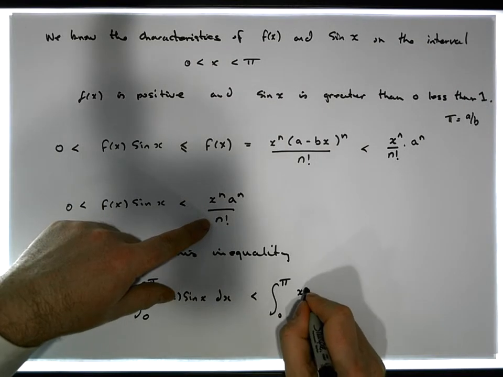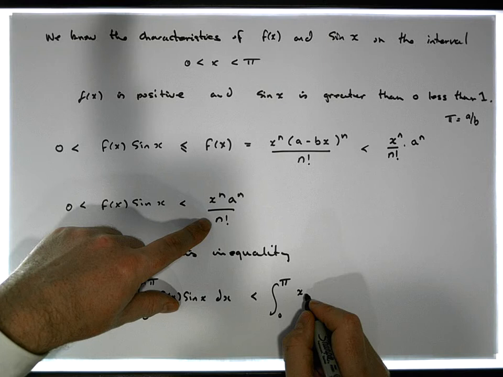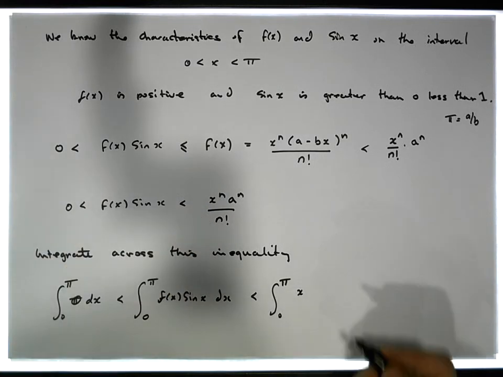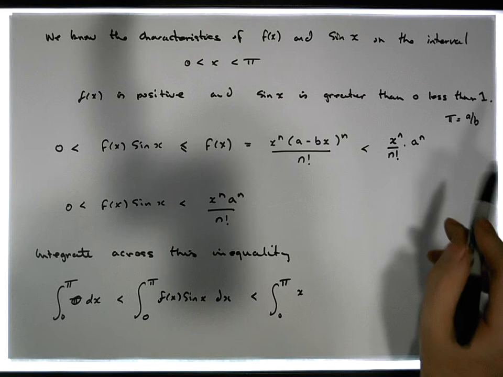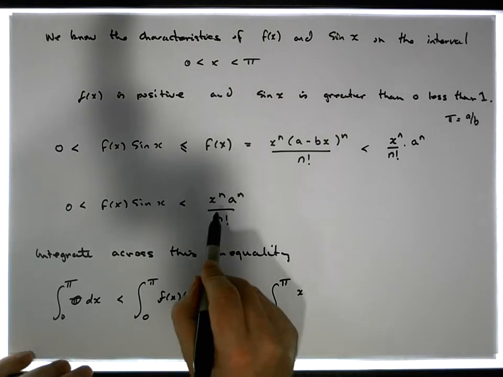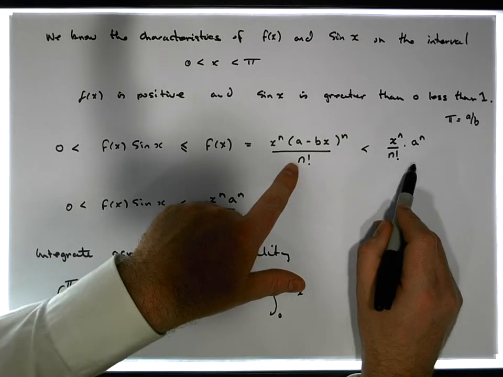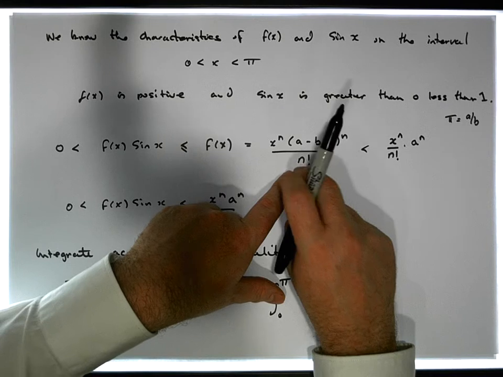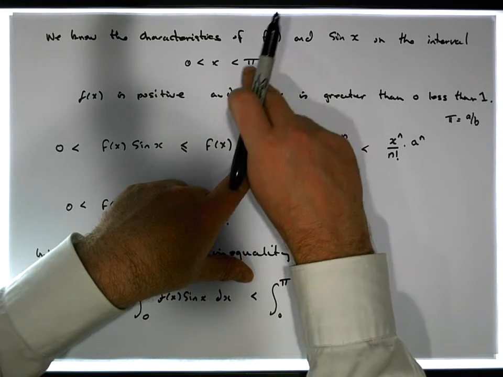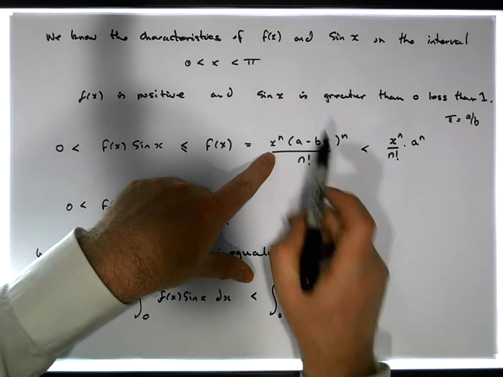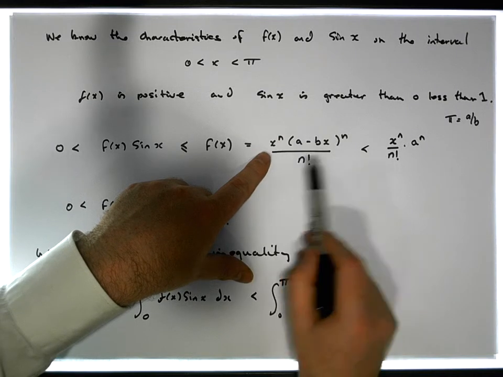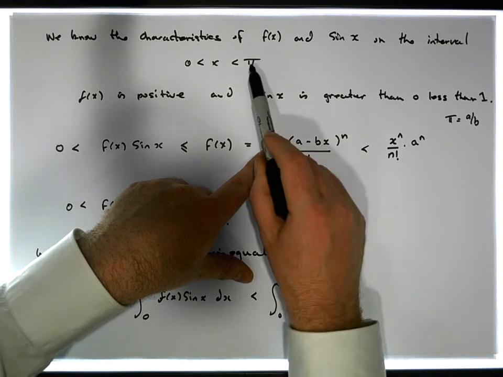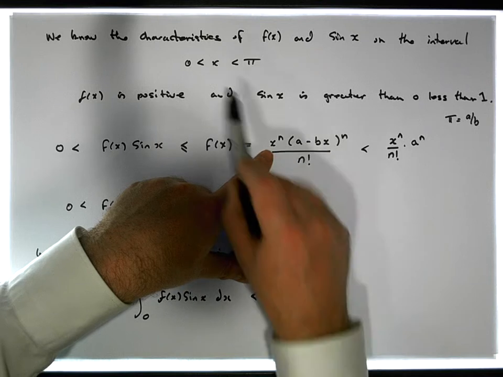to the n. Actually, I'm missing something here, am I? Yes. I've probably made a little bit of a leap ahead here. This is less than this on the upper bound of the interval, if that makes sense. So the upper bound of the interval is pi, yeah? So actually this thing here, when we put in the maximum value for x that can take on the interval, which is going to be a value up to pi,